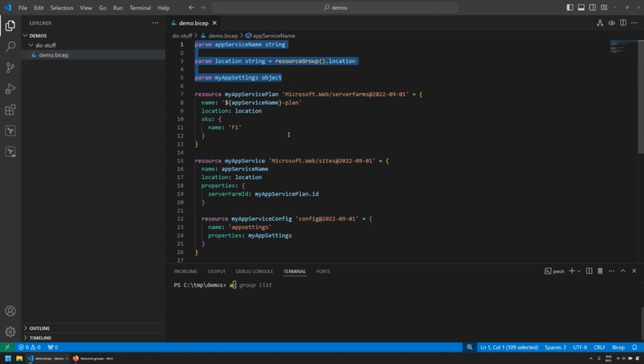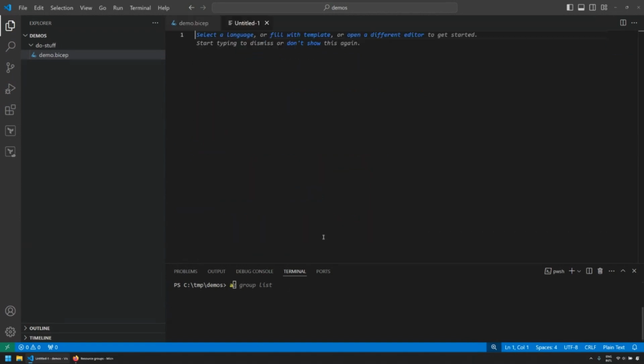You want to create a parameter file that defines the values for these parameters, one for test and one for production. And if you, for any reason, need more environments, you create files for those as well. Now, up to a year ago or so, you needed to specify those files in JSON. And now there is a better way, namely Bicep parameter files. Let me show that to you.